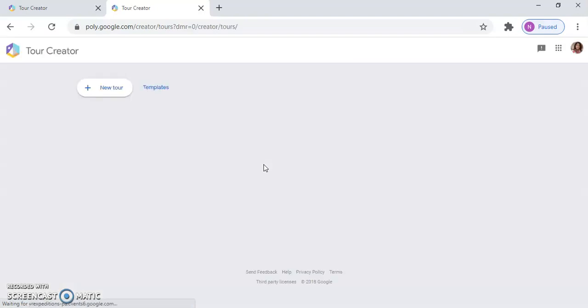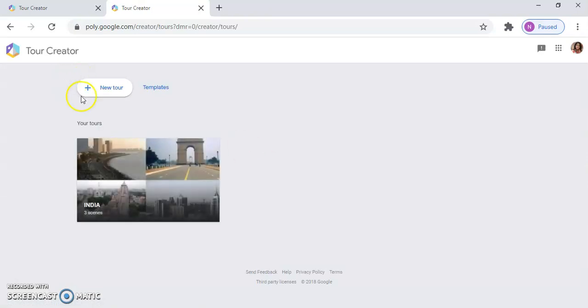Once you enter the correct credentials, it will redirect you to the Tour Creator page. Now, here in the Tour Creator, you can view there are two different tabs. The first one is where you can create a new tour. The other one is the default templates which exist in the Tour Creator.